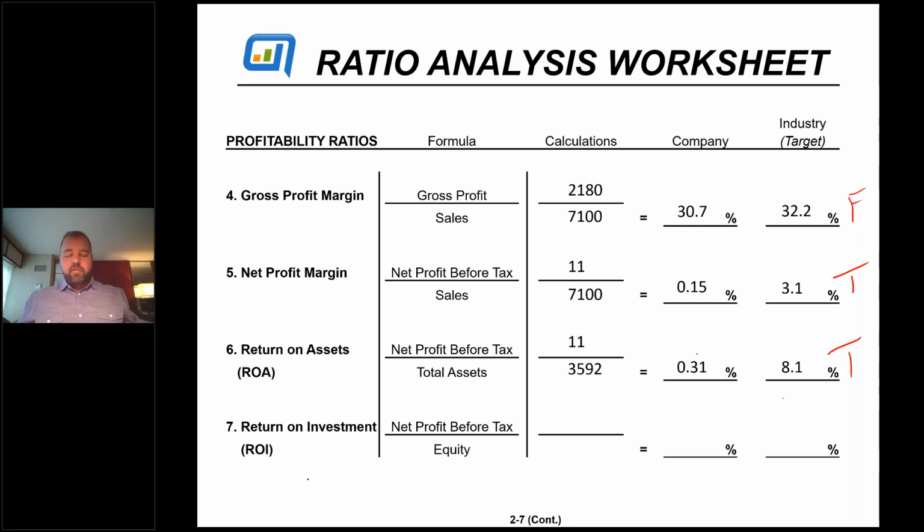All right, so return on investment, the next one. Return on investment is one that most people kind of get confused at. Its most common purpose is to say, should I have invested in this company, or should I have invested in this mutual fund, or should I have done this? It's to compare two different types of investments. Should I have done X or should I have done Y? In this case, he still got his 11,000, but he's put in 1.5 million. And that means of the 1.5 million, he's gotten less than 1% return, right?